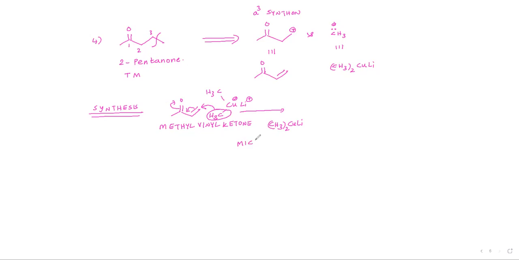This is simply a Michael addition reaction, or we can also call it conjugate addition. So C-O minus, double bond CH2, and then this is the new sigma bond that is formed. And then followed by hydrolysis, and then tautomerization. This is OH, double bond,